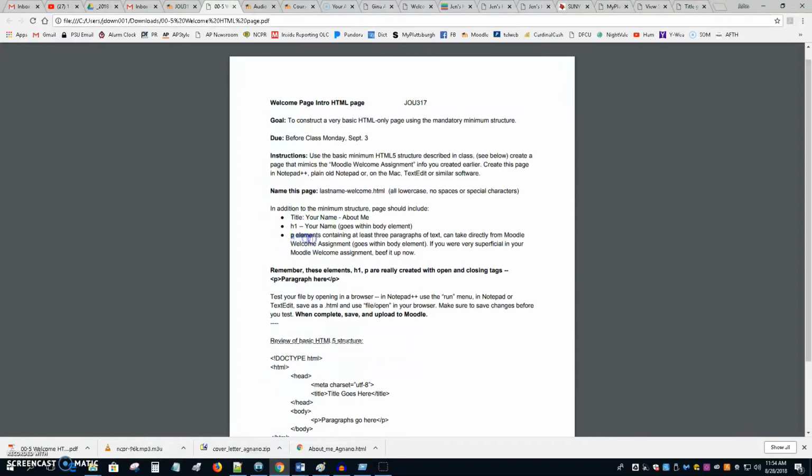And then the paragraphs, probably 3 paragraphs. Those are the paragraphs that you typed in that Moodle welcome assignment, the thing you put in the student forum, the student bulletin board there, that just talked about you a little bit. So it is really just to get some text into a basic document. Remember, there's H1 and then the rest are paragraphs. You can test the file in the browser by using the run menu, and then you save it